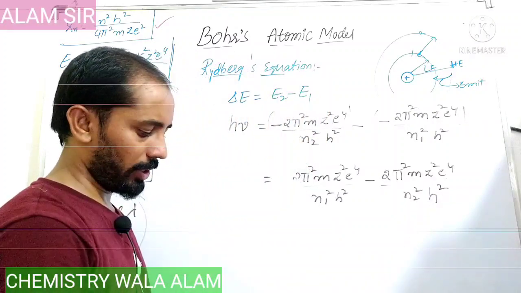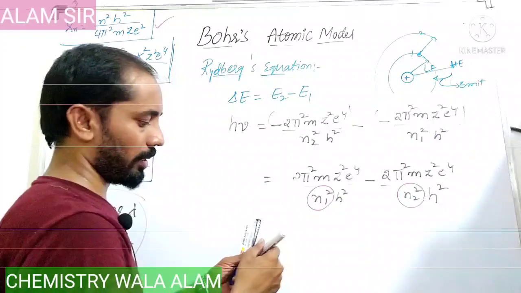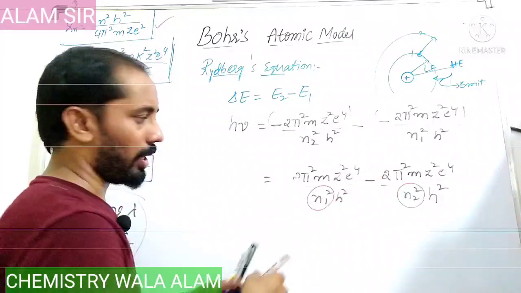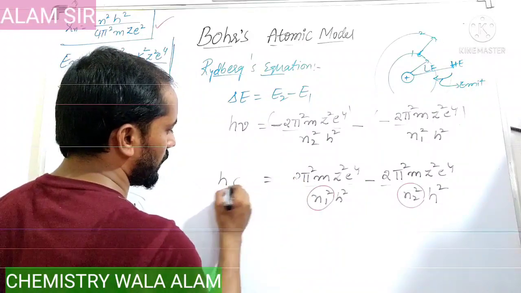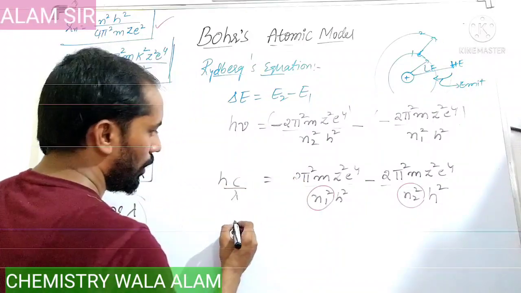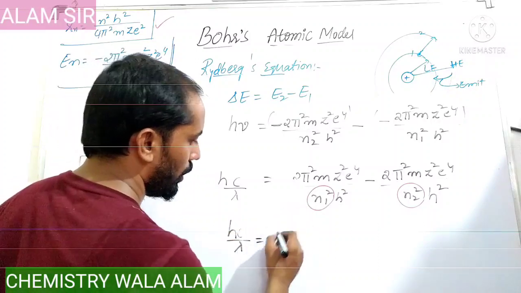If you observe, only n1 square and n2 square change, and the remaining values are constant, so we can take the common factor. h nu, or hc by lambda, equals